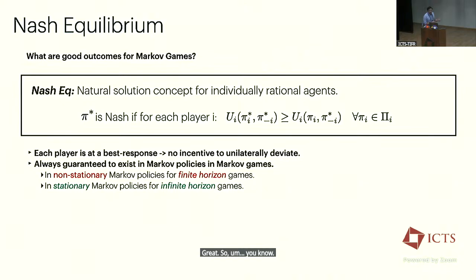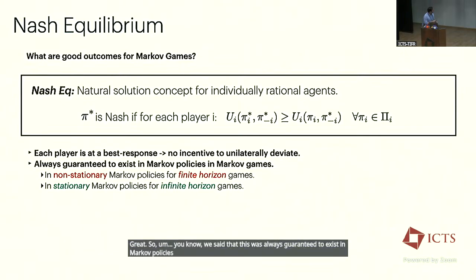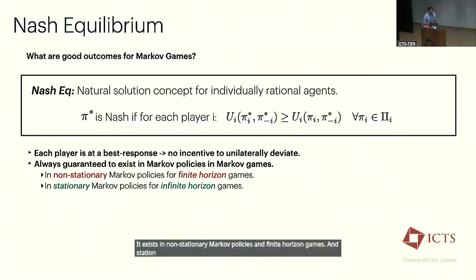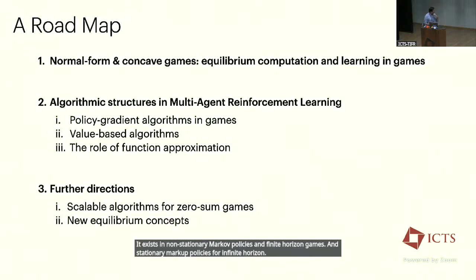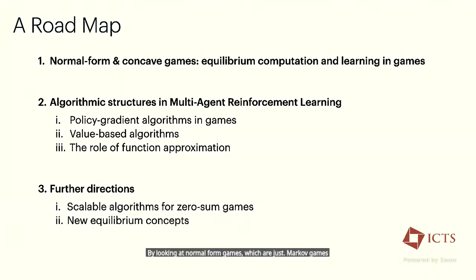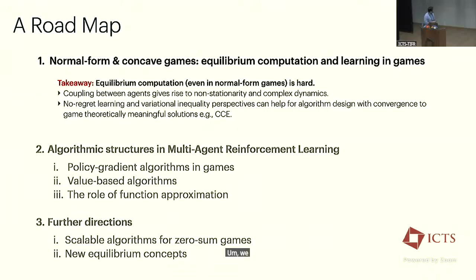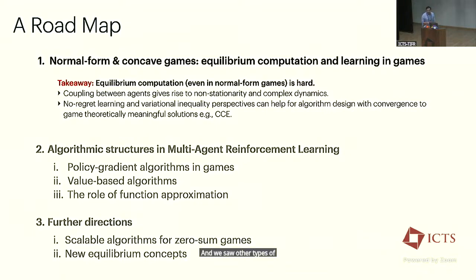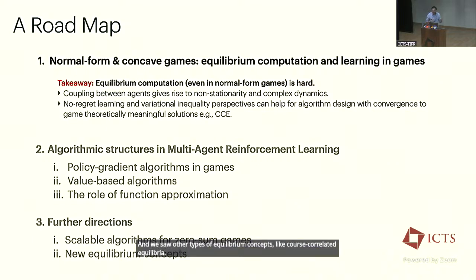Great. So we said that this was always guaranteed to exist in Markov policies and Markov games. It exists in stationary Markov policies in finite horizon games and stationary Markov policies for infinite horizon games. Yesterday we started to get some intuition for this problem by looking at normal form games, which are just Markov games with only one state. We saw that equilibrium computation in general is very hard, even in really simple games. The coupling between agents gives rise to non-stationarity and complex dynamics if we want to actually use learning algorithms. And we saw other types of equilibrium concepts like coarse correlated equilibria, for which we could actually have algorithms that